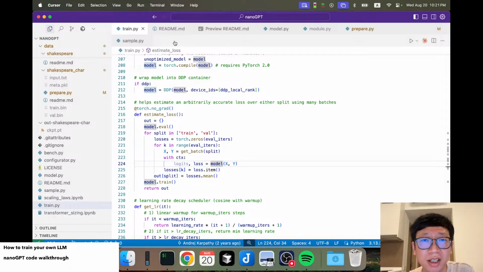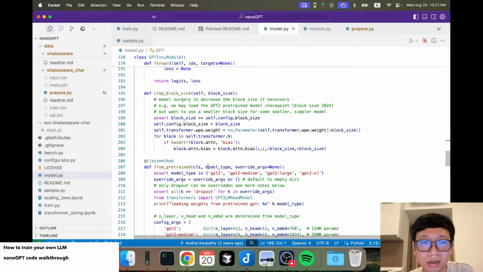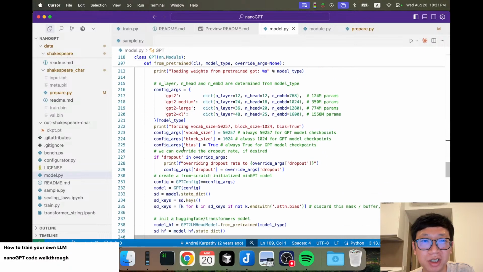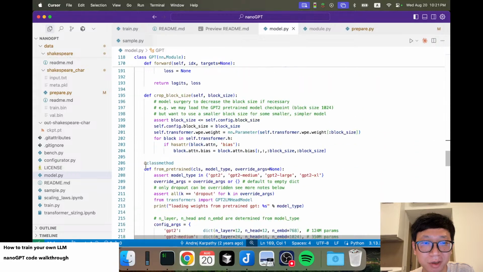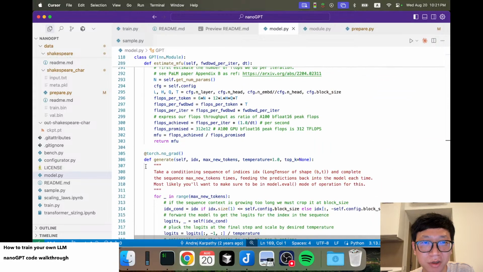Yeah, and then there's also a backward, which is very important. So if we look at the model here, we have a